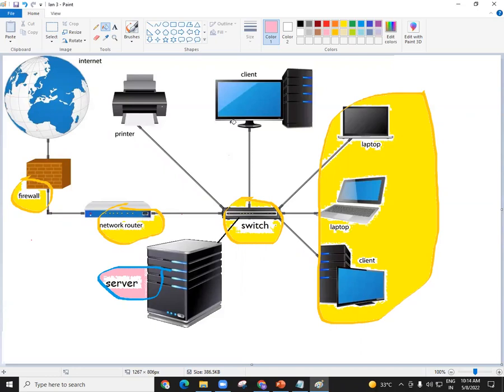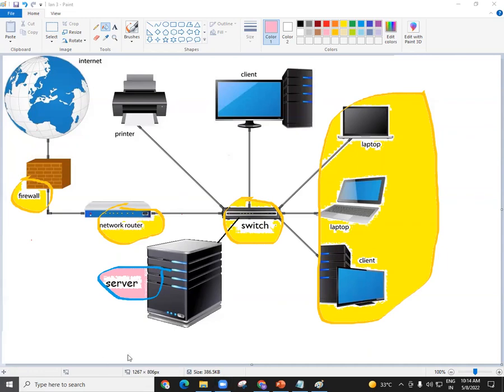The general meaning of server is serving. What is the meaning of serving? Serving means, for example, if you go to any restaurant, you order something. Like, if you order a burger there, what will the waiter do? The waiter will serve the burger to you. If you order some biryani, the waiter will serve the biryani to you. So server means it is serving something. Whatever you are asking, the server will provide that particular information to you. Okay, that is a server. Now let us see more about server. Like I said, if you know this server very well, it will be easy for you to understand the concept of cloud computing. Done?